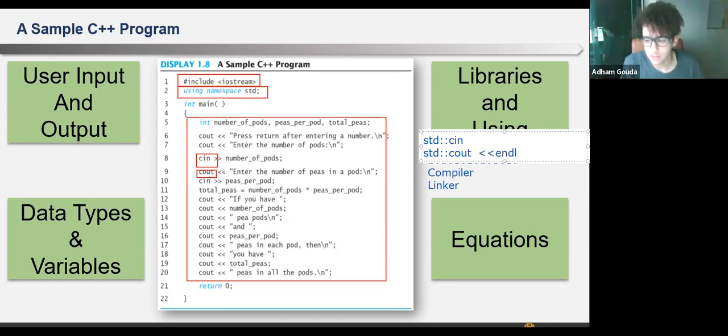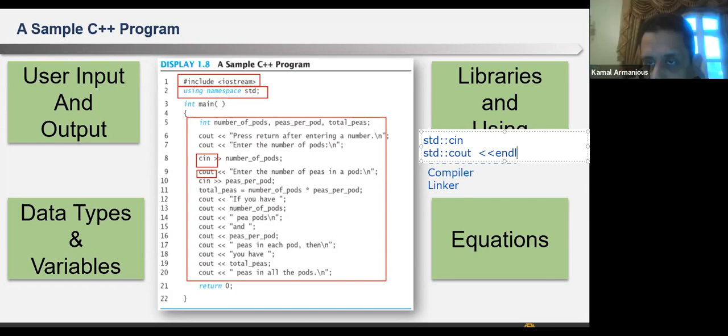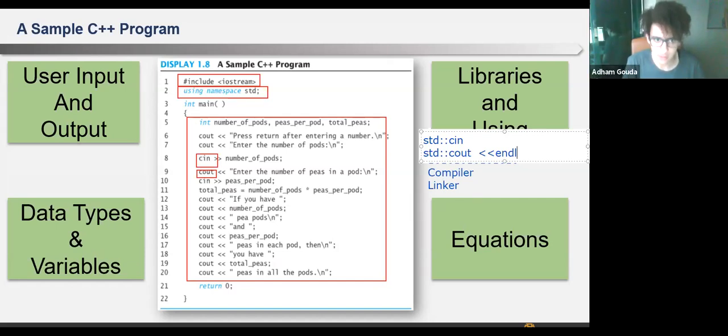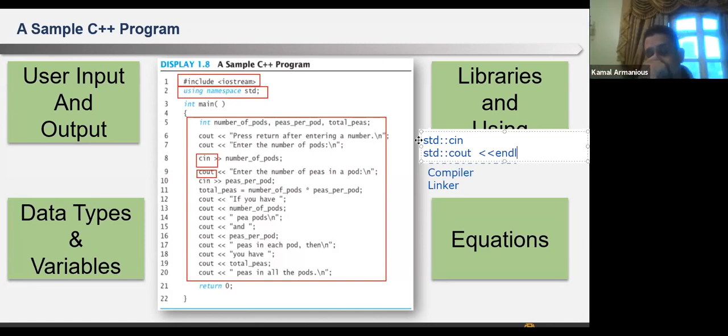Yes, exactly. But don't we use std double colon and then endline if we don't use the namespace std? Yes, exactly. So instead of repeating std colon, std colon, std colon, we use using namespace std.